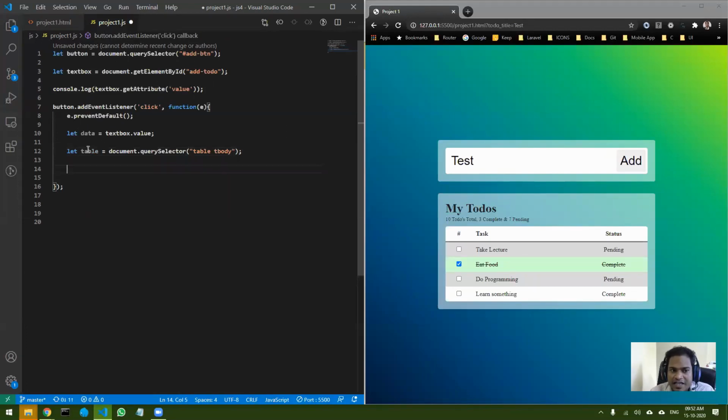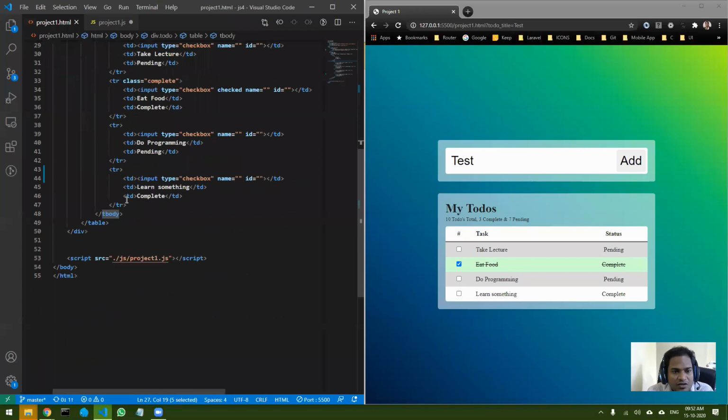So I have set that over here, table. Now I want to append whatever I'm going to put to the end of this particular T body. For that, if you remember what we have done, I can use table dot inner HTML, and if I do equal to, it will replace the whole table with the HTML that you're going to put. Let us try to add some HTML. Let's copy one table row from here and paste it over here.